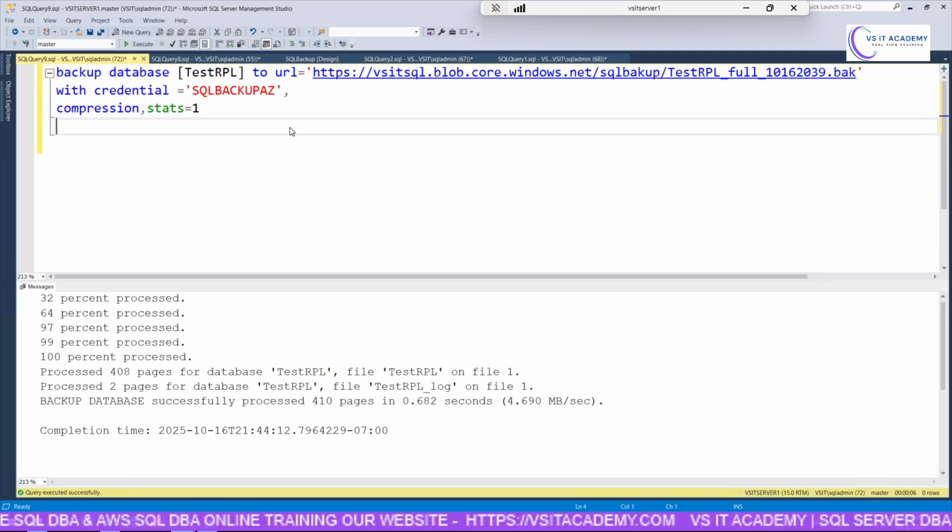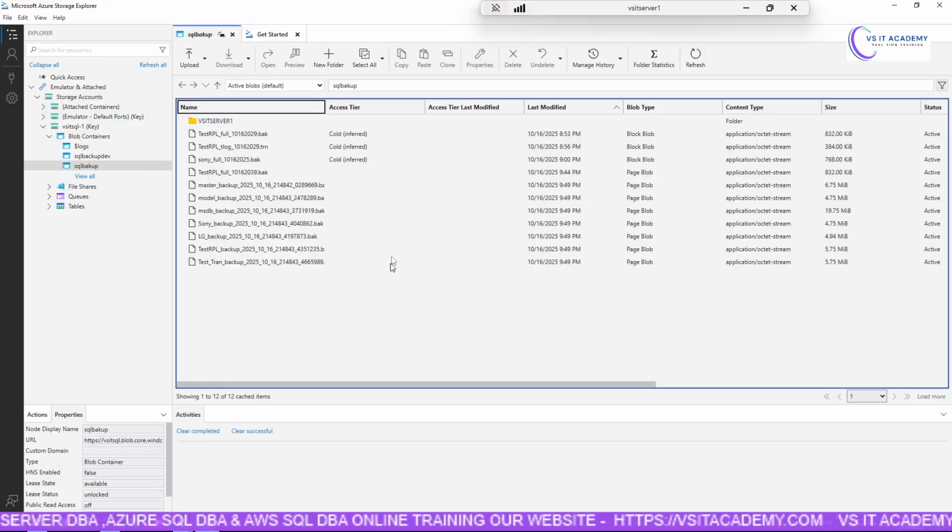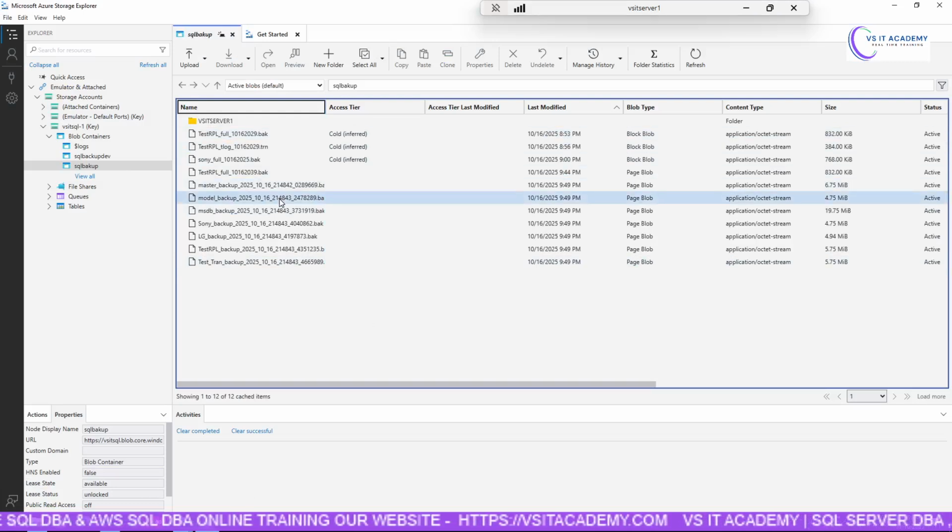So tomorrow, actually, the process is different. Tomorrow I want to show the migration. Nowadays in the market they are moving from on-prem to cloud, so they will ask you to migrate a database from on-prem to Azure SQL. Yesterday I showed you backup and restore. Here also, anyhow, the backups are in that Azure storage account. After the on-prem backups are available here, you can restore on any virtual machine or any